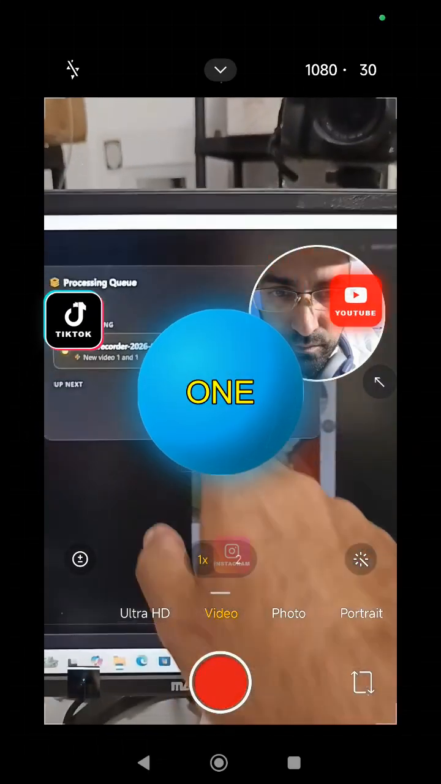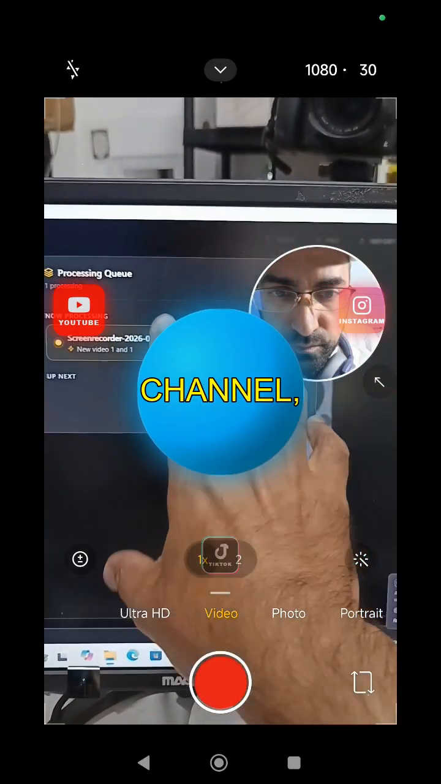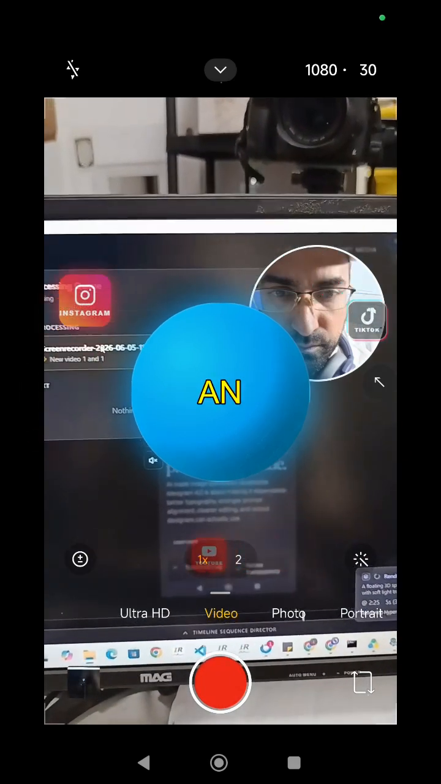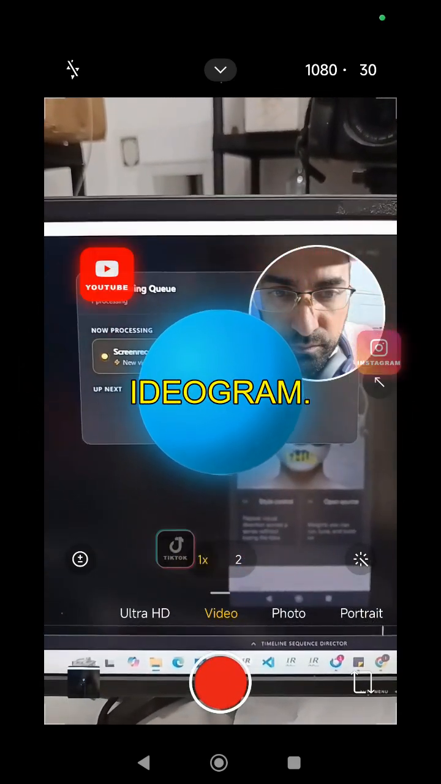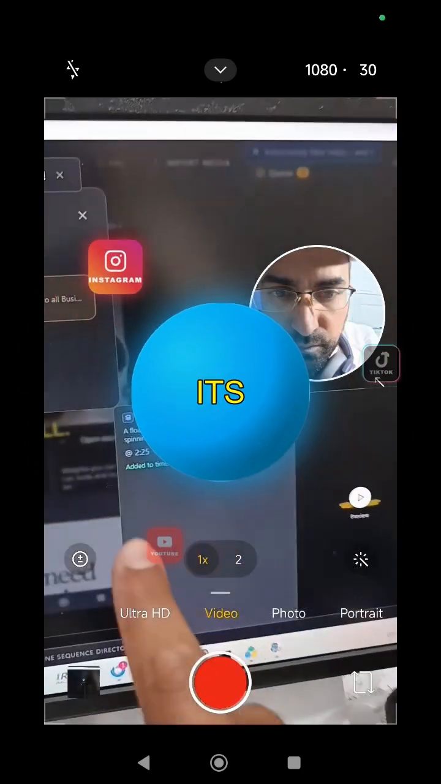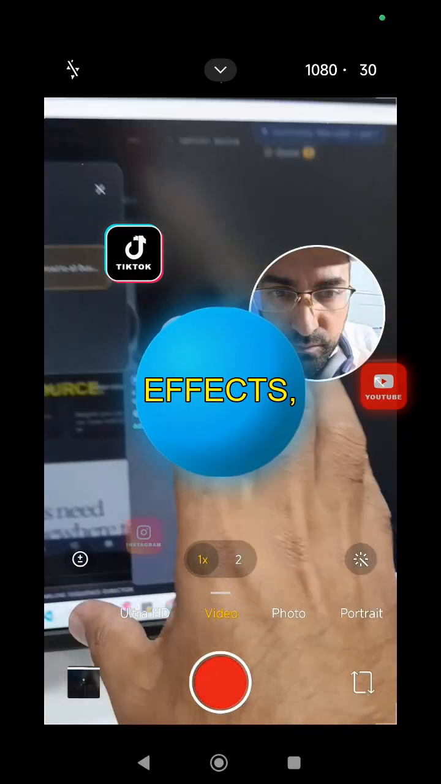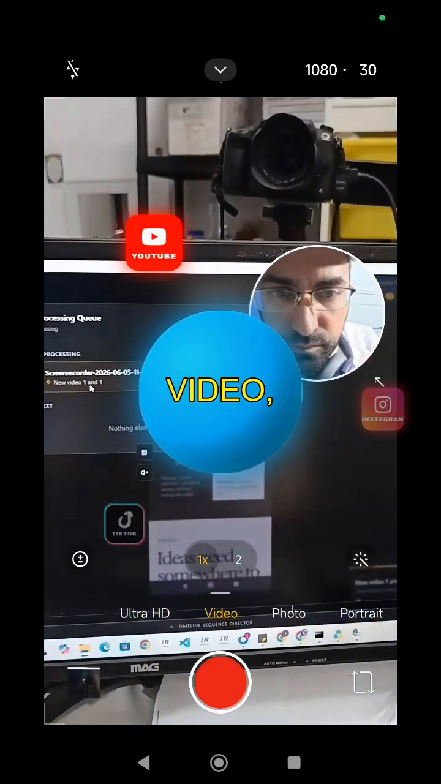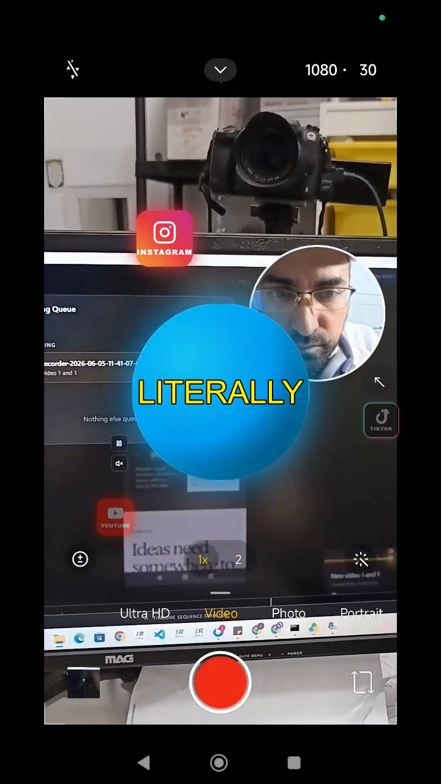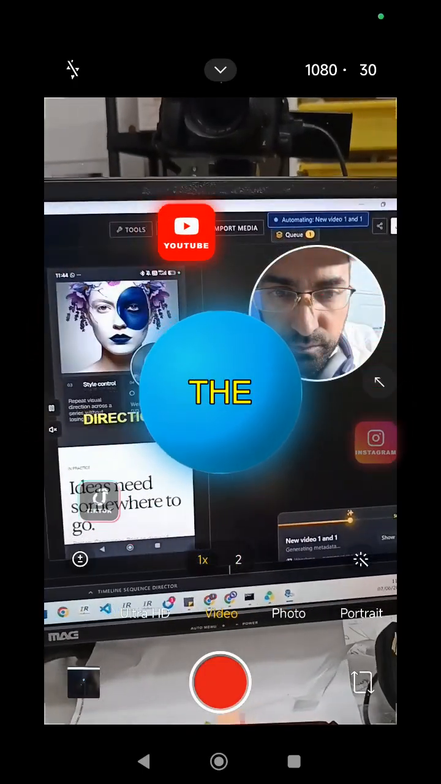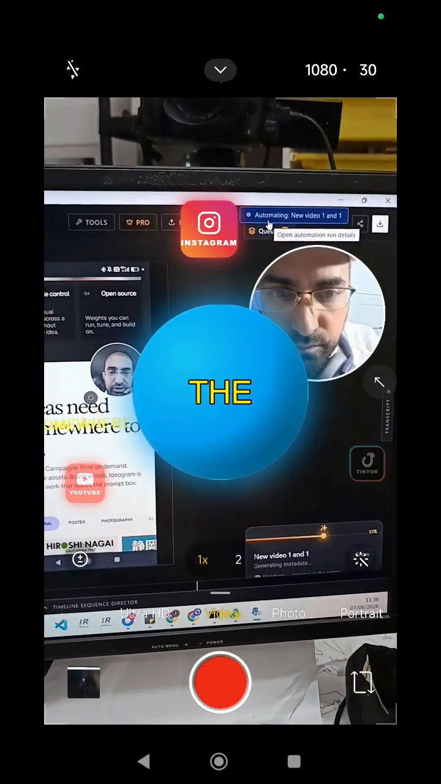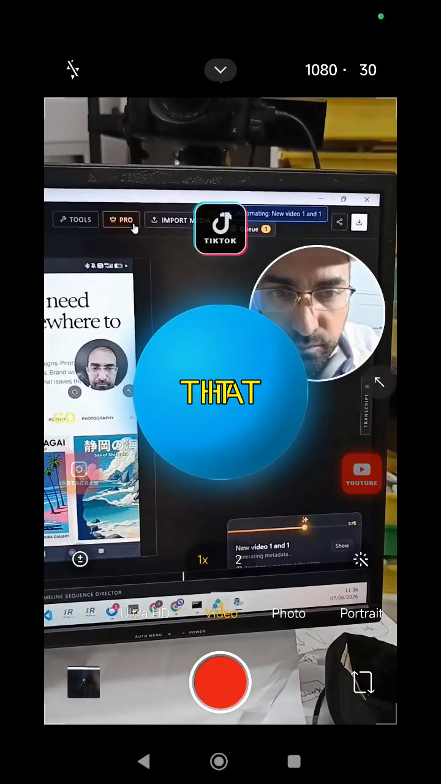But this specific one is a business channel, meaning I created a video about an open source imaging model called Ideogram. And basically what it's doing, it's creating effects, putting them on the video, and after that it's going to literally publish it to all of the channels. Now, the amazing part about this is that